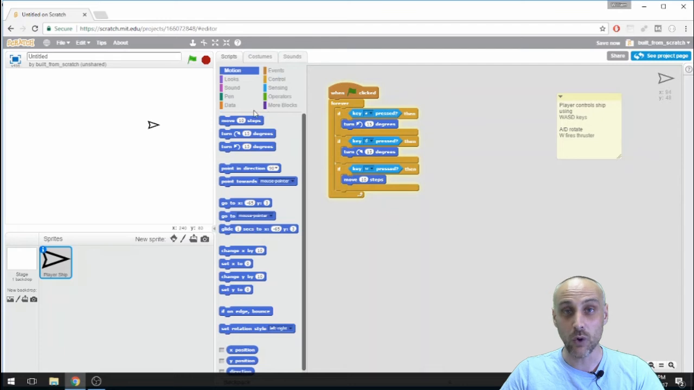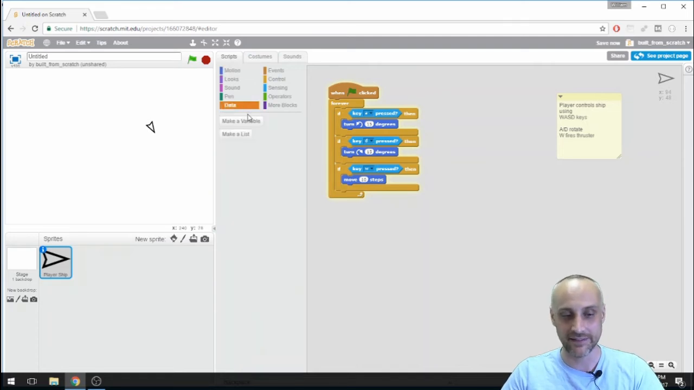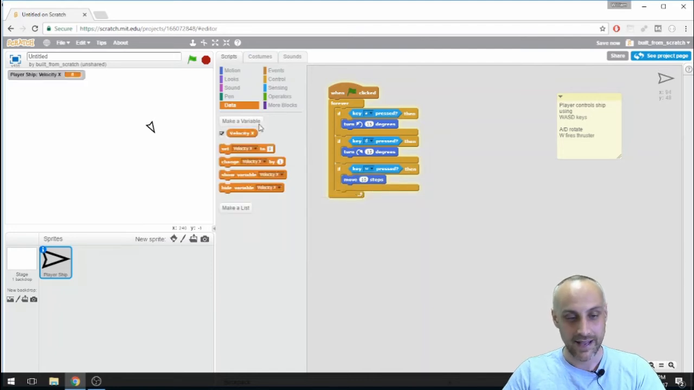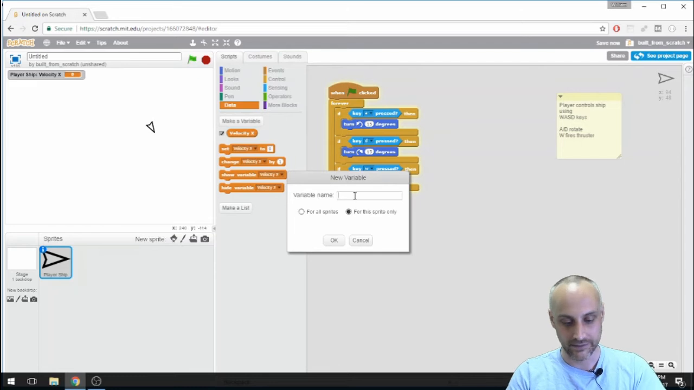So of course, in order to control our speed, we need to have some way to change it, some way to represent it, some way to think about what our speed is as a number. And so we're going to make some variables. We're going to make two variables. We're going to make velocity x, and we're going to make velocity